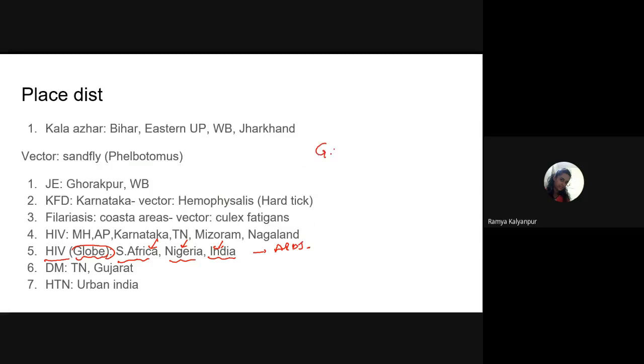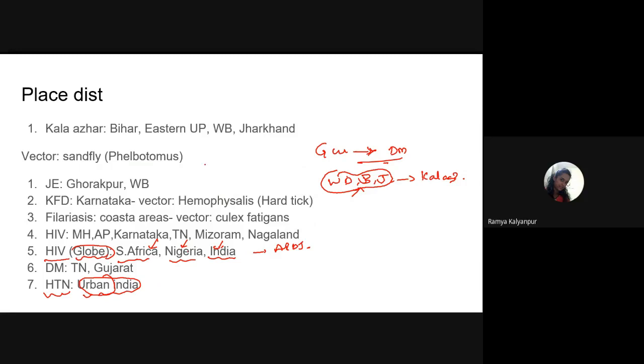And if you go to Gujarat, what is more common, students? Diabetes mellitus. Diabetes mellitus, very good. And if you go to West Bengal, Bihar, or Jharkhand, what is more common over there? Kala-Azar. So if you are destined to go and work and settle in those places, we have to be careful that we may get this particular problem. Then hypertension is more commonly seen in the urban section of India. So these are the most potentially asked questions.